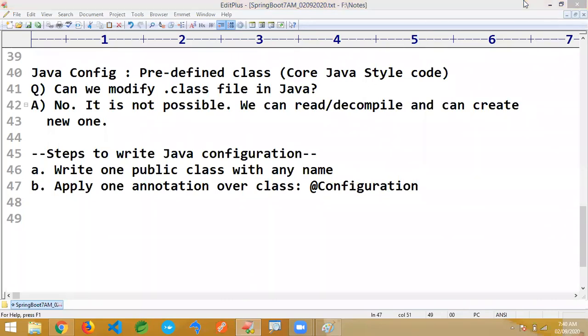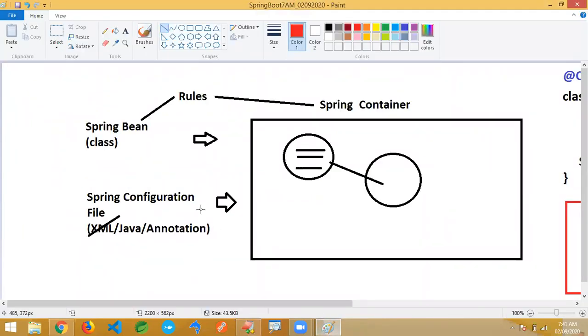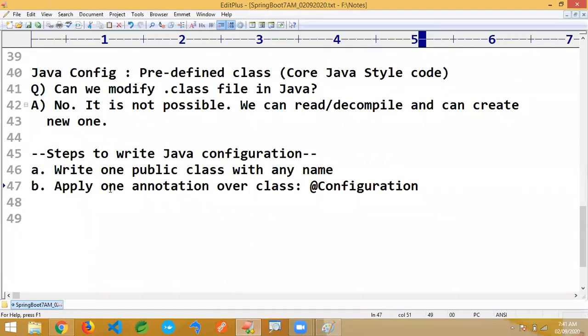Not @Component, @Configuration. Component will create the object. Configuration says I have multiple objects with me, take them. Apply one annotation over the class, then it behaves like a Java configuration file. Later I'll compare @Component and @Configuration.